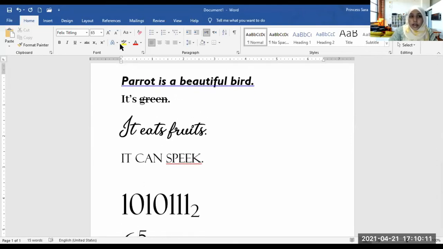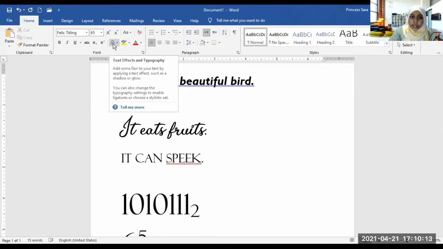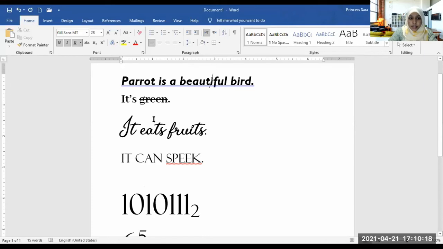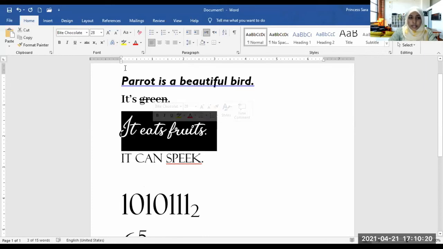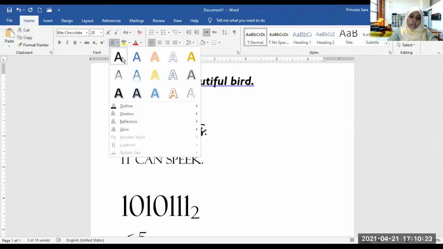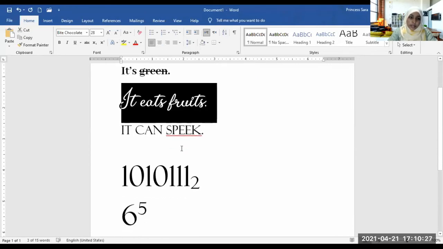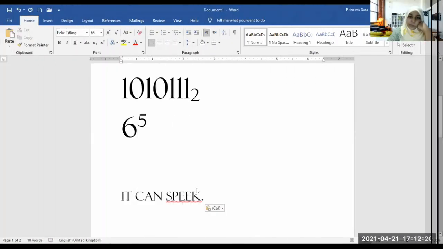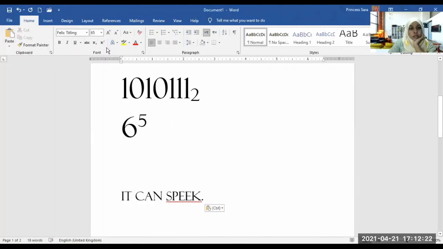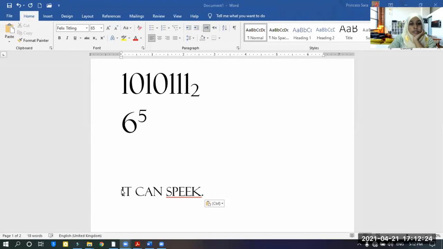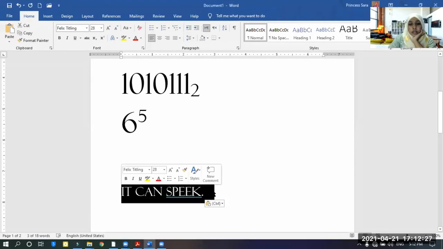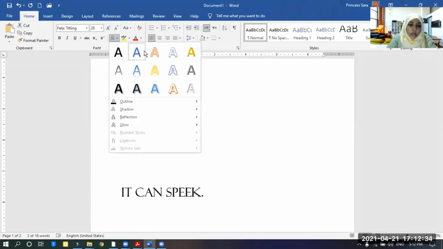Okay. Then there is a highlighter here. Before the highlighter, there is text effect and typography. If you use this text effect, for example, we'll select this one. There are some text effects here. You can use them. For example, I will show you like this. Select whatever you want to change, then go to this and change it.